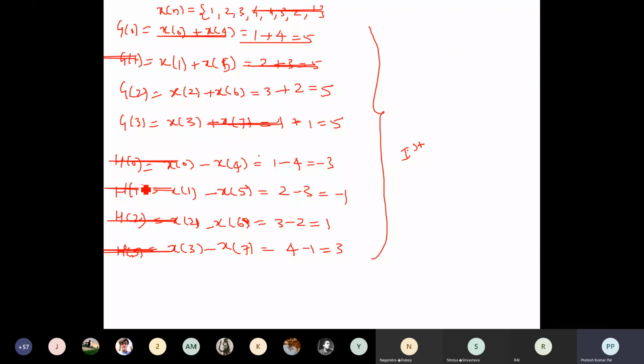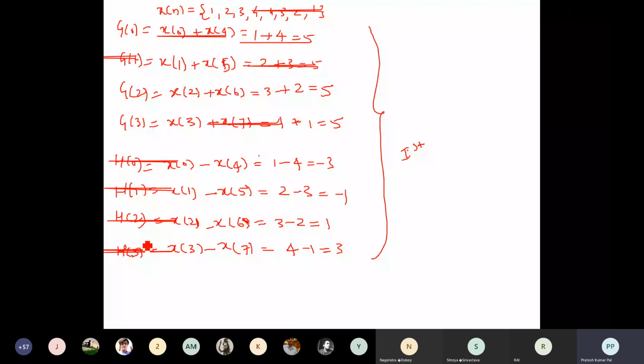The next values we need to find out are a of 0, a of 1, b of 0, b of 1, c of 0, c of 1, d of 0, and d of 1. So by using the values of g of 0, 1, 2, 3 and h0, h1, h2, h3, by using this flow graph, we can find out a of 0.